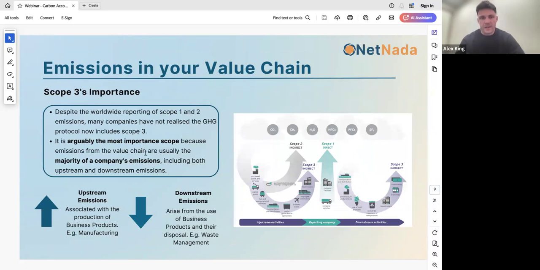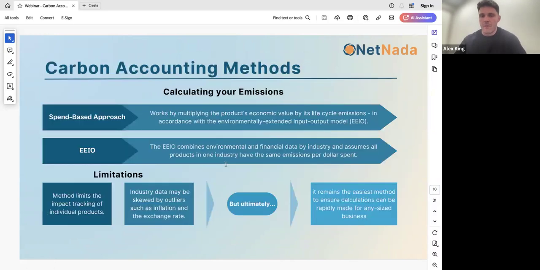Again, touching on the emissions in your value chain, supply chain emissions, scope 3 emissions are all interchangeable terms. Upstream and downstream is often another delineation between the use of products or production of the business. However, I think it becomes a lot easier to understand when we break down the ways that we calculate this. So the majority, the lion's share of scope 3, if we're looking at the whole scope 3 of the business,